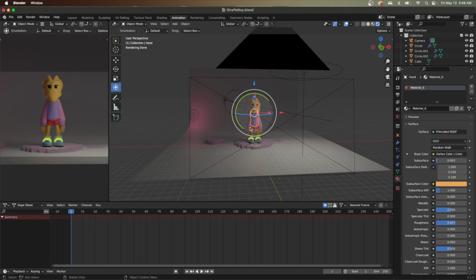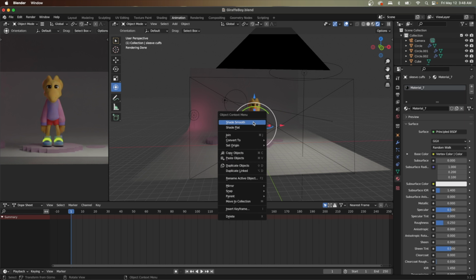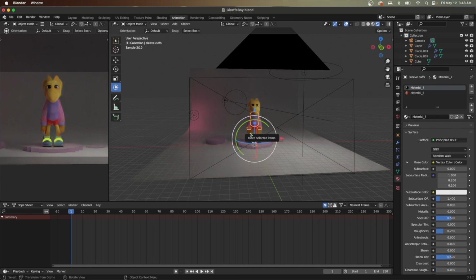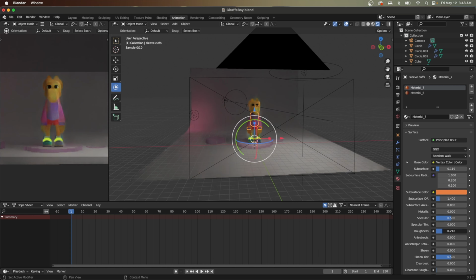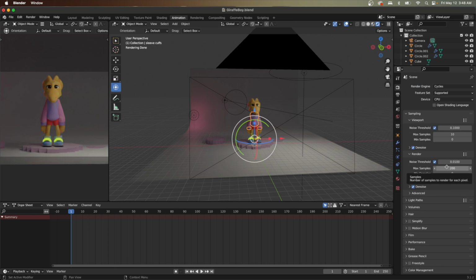And actually, maybe this, maybe these parts we can join. And add back in the subsurface. And maybe we make these a little more plasticky. Maybe even a little metallic. Get a little crazy. Let's see what a quick preview looks like. I thought it was going to be my last one, but